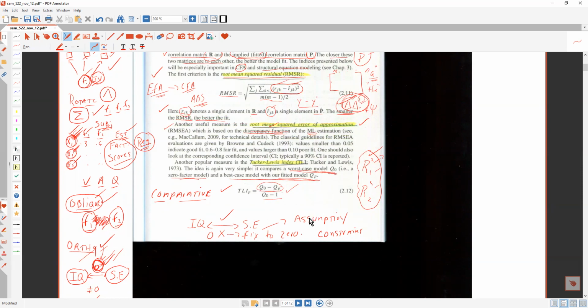And the TLI, you'd like that to be a large value, by the nature of how this works. You actually don't want that much deviance from an ideal fitting model. So if this is the best case, you don't want very much deviance from that. So we want that Tucker-Lewis index to be large. So, a couple measures of model fit: root mean square residual, Tucker-Lewis index,